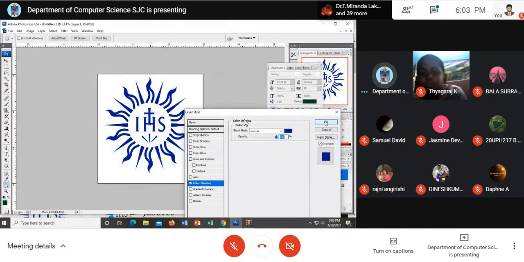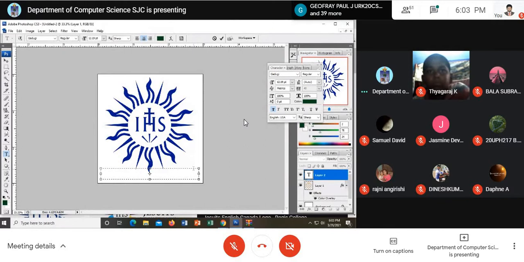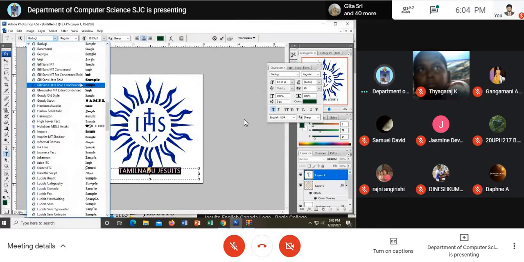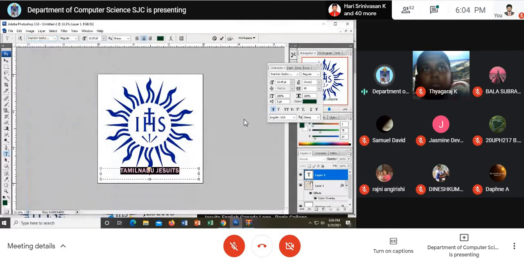Now at the bottom, I would like to type Tamil Nadu Jesuits. A formal font will do because we are designing for a formal front. So formal letters will be fine.